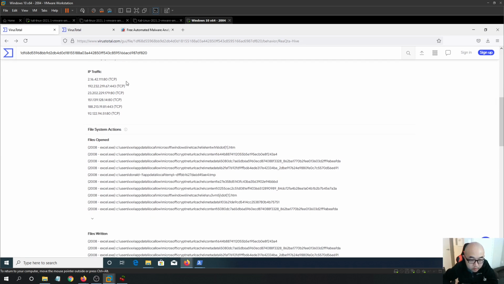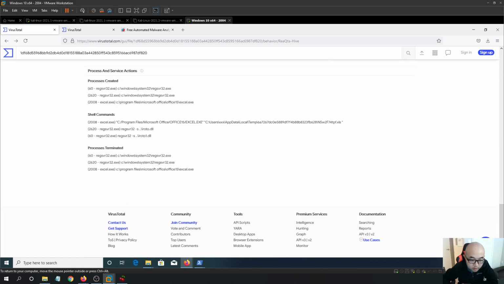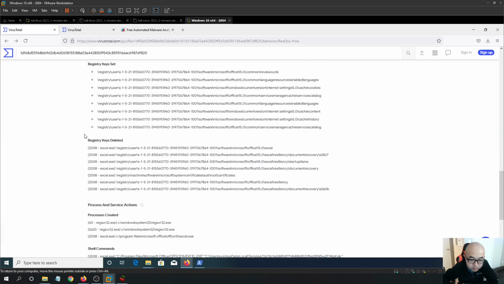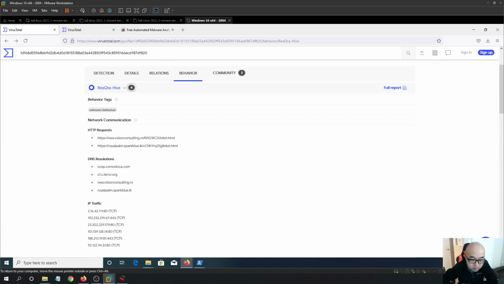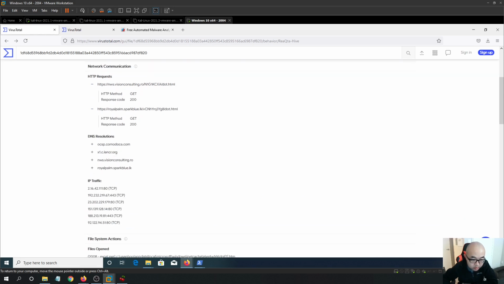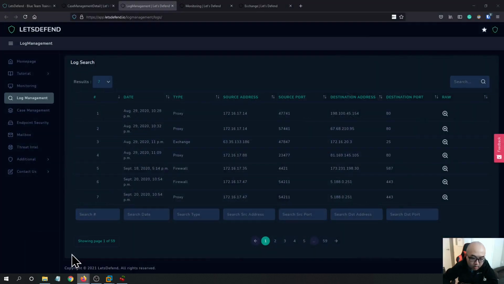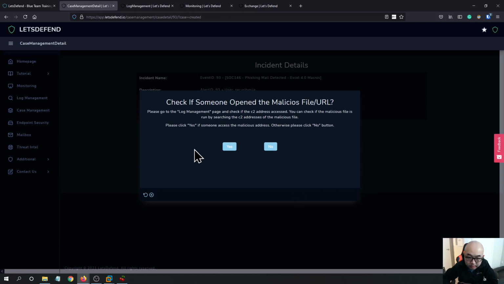So we see that we have some remote IP addresses over there. And there are some HTTP requests being made after the malware is executed. Some DNS resolution in here and some IP traffic. So it is not very clear what exactly we need to perform, but